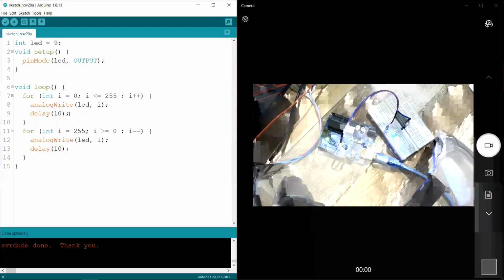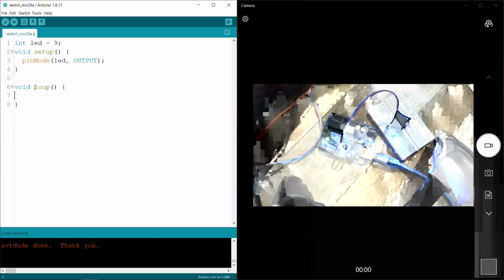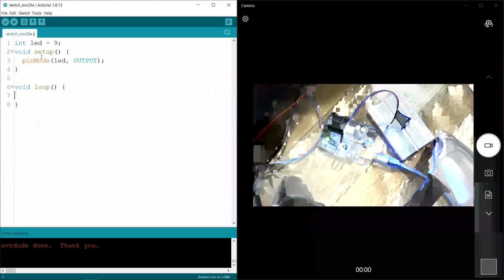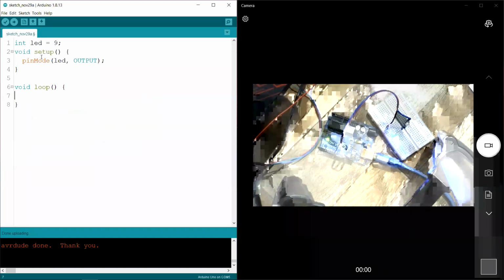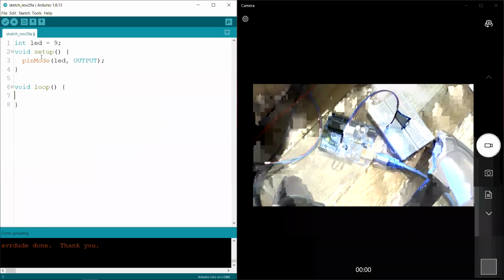So here is the code we wrote before. I'm going to delete that. Now let's think about this as a simple blink sketch, right? Let's say we want to turn on the LED and turn off the LED.